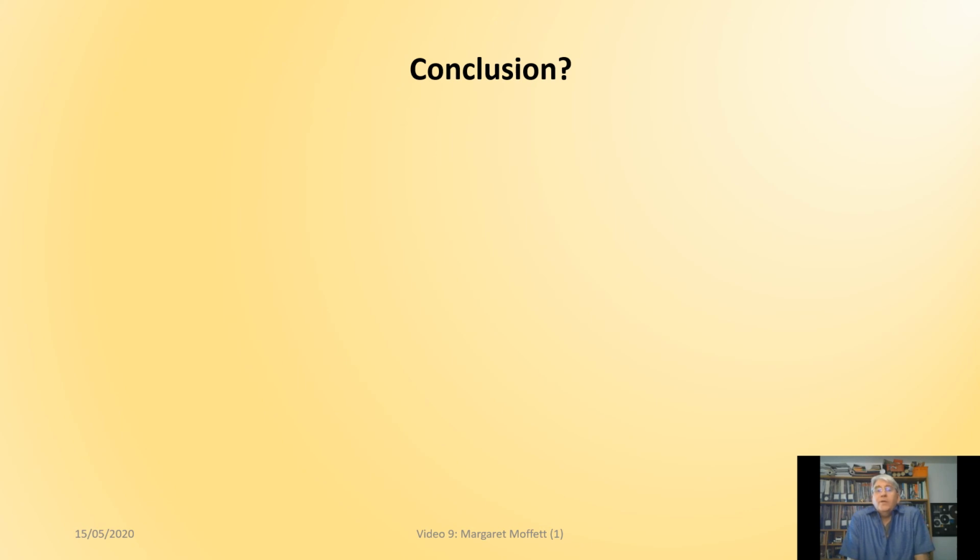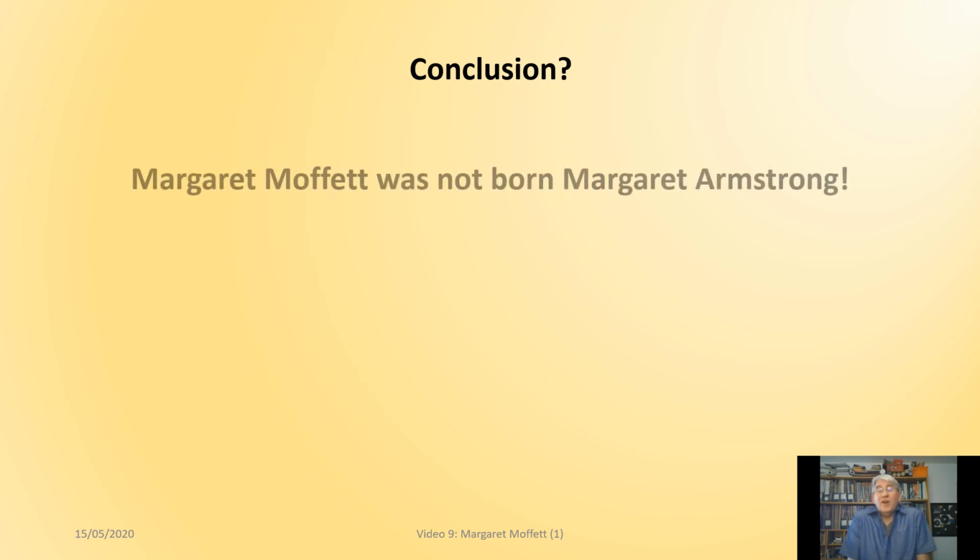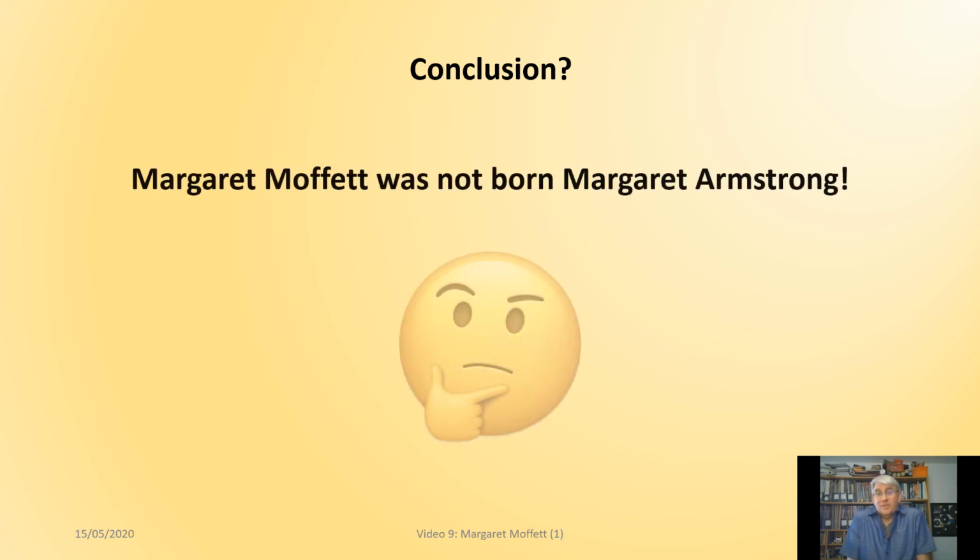Therefore, we can also conclude that Margaret was not actually an Armstrong. This leaves us with the unenviable task of searching for Houghans, Hullicans and possibly hooligans, which we will do in the next video.